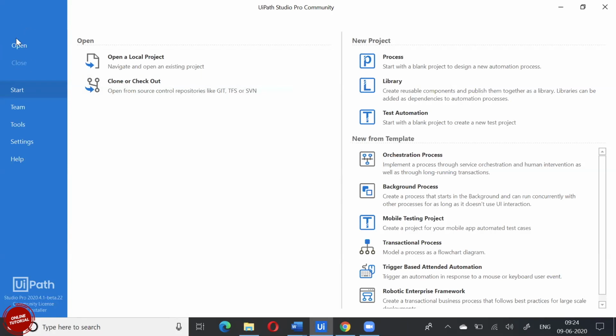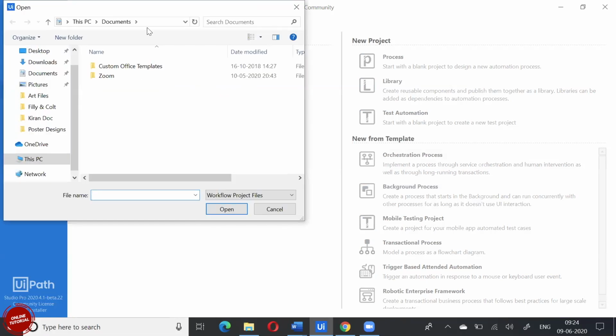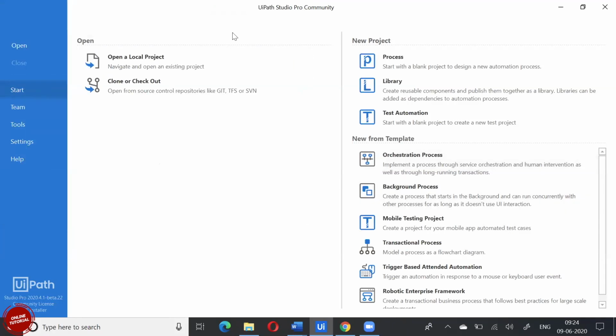So that is what Open is. Suppose you want to open an existing project that you have created. If I click on Open, it takes you to My Documents. Once we create some processes, it will have a UiPath folder inside which all our projects will stay. No other location, it's a straightforward location, the only location we are going to deal with in UiPath. Suppose we create one project and want to close it. We can close it either from here or from here. This one will completely close the tool, while this close will close your current project and you will come back to the same screen.